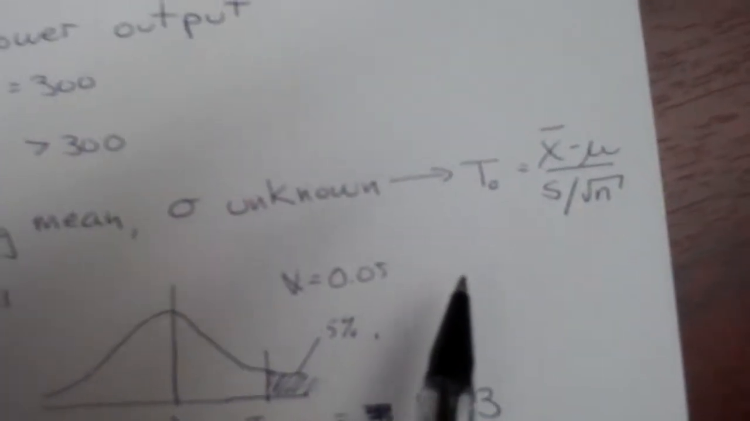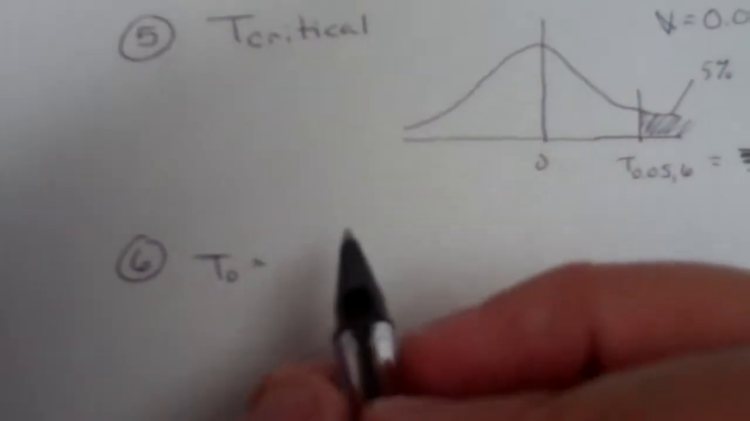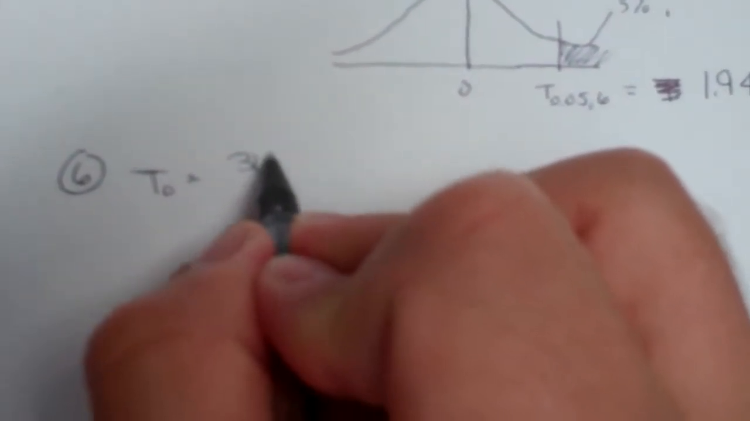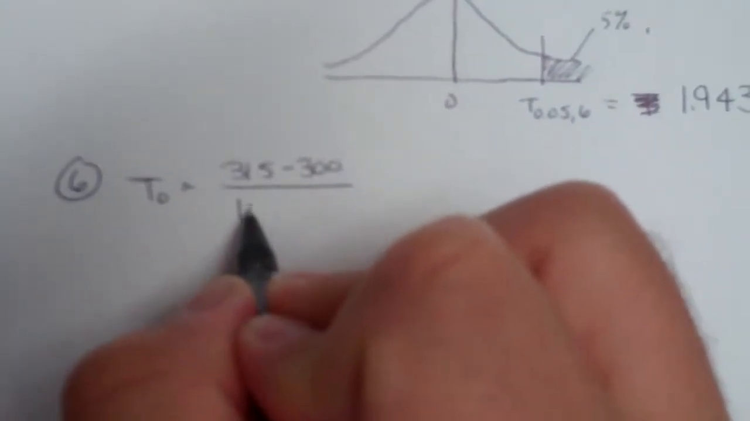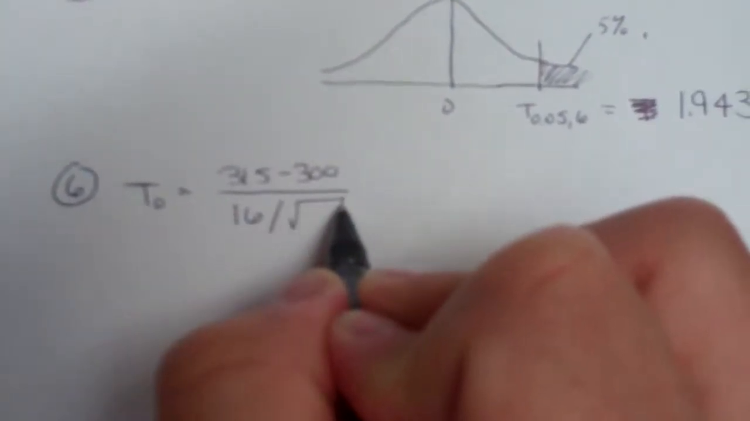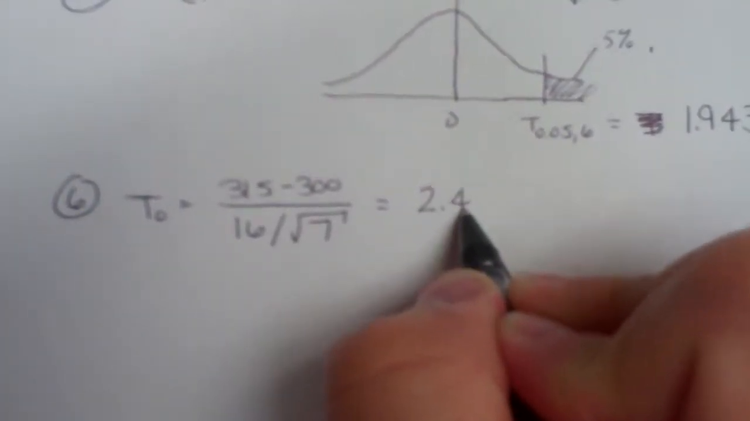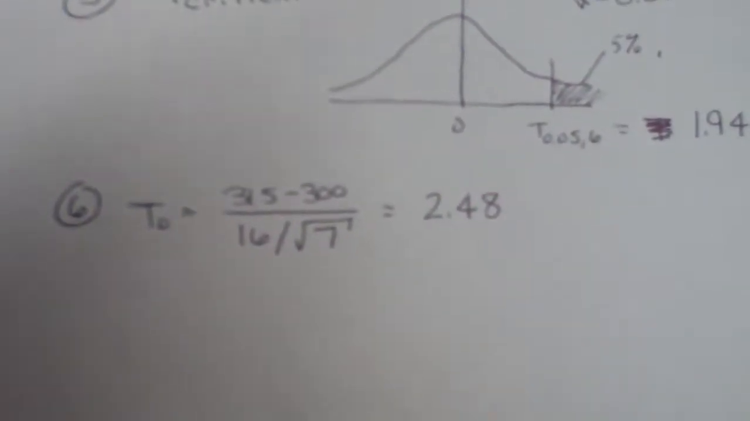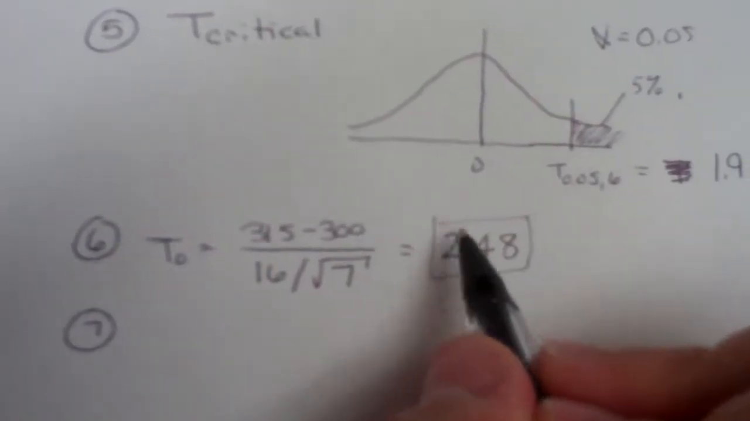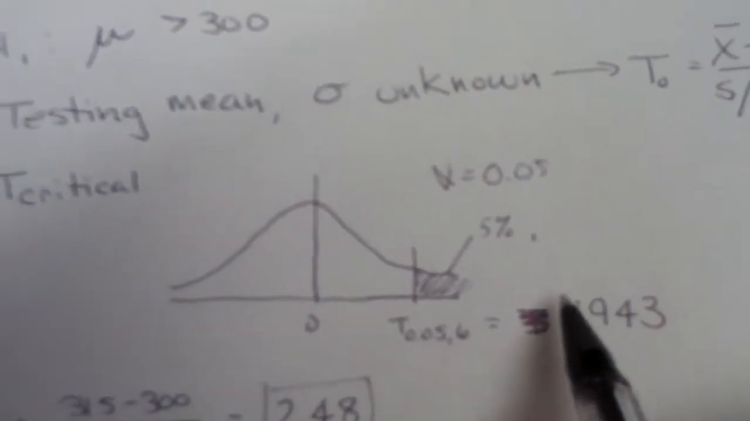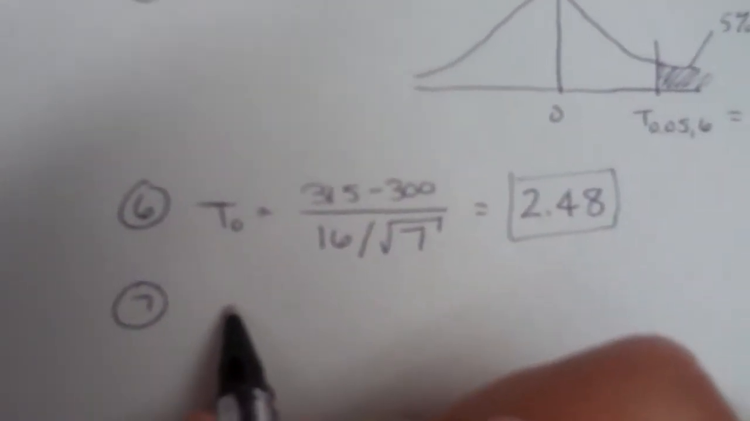Again, using the equation x bar minus mu divided by s over the square root of n. We see 315 is x bar minus our hypothesized value of 300, s over the square root of the sample size 7, and that calculates to 2.48. To make a conclusion about our hypothesis test, we want to consider this value, the 2.48, and the 1.943. We compare those values, and